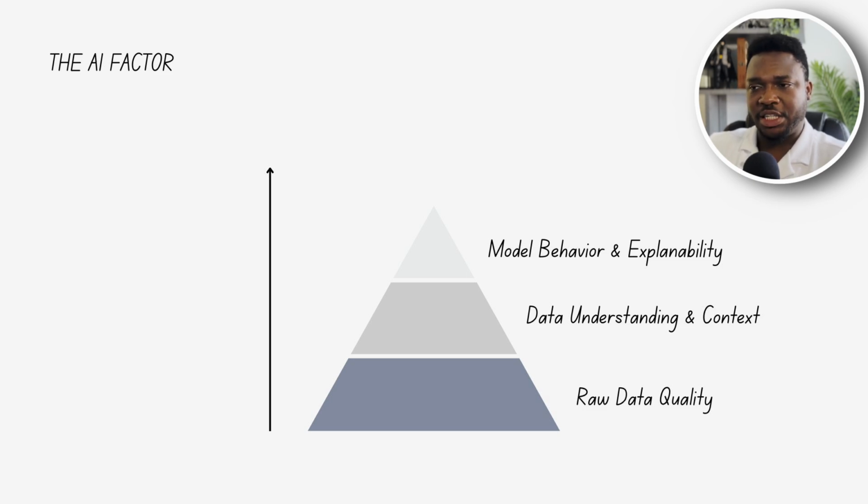And the last part is where you now have the model behavior or explainability. At the top of the stack is the AI itself. But if something is off at any of these bottom layers, you need to trace it back down through the layers. Can you explain why the model made that decision? Can you prove that the input data was trustworthy? And whether this is right or not right?